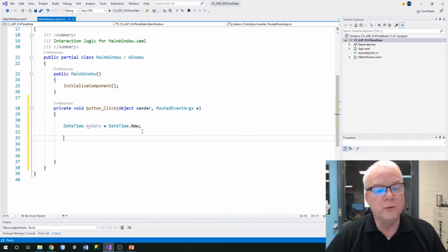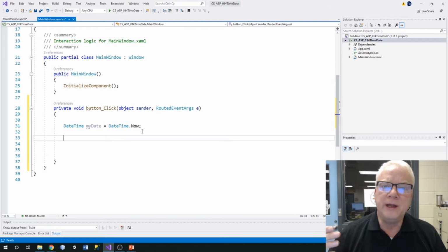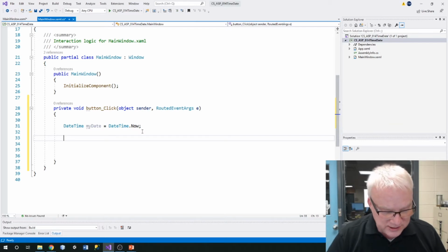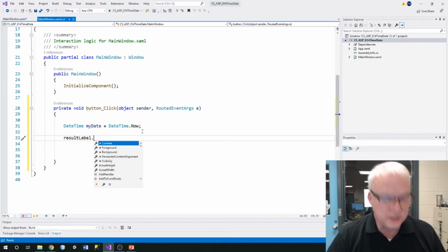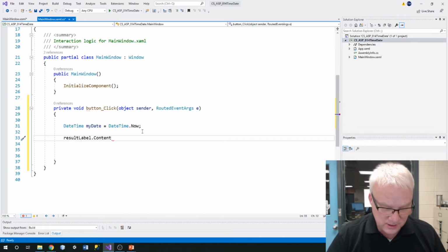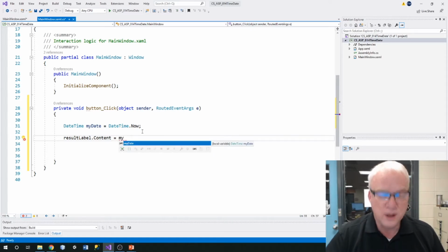Okay, so we've created a variable that we've called my date, and we've said, hey, DateTime.Now. And so it is actually going to the computer and pulling exactly what today's date is, and that's what it's bringing back to the program. So let's say result label, we're going to go to our result label dot Content equals, and my, there it is, my